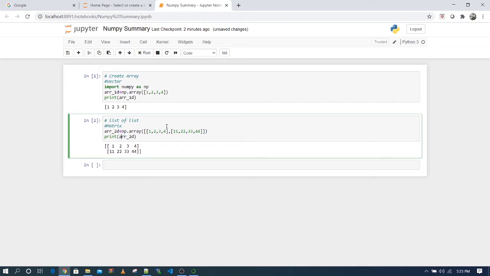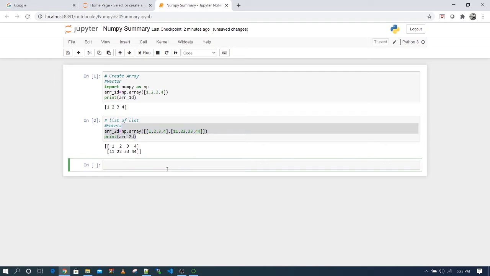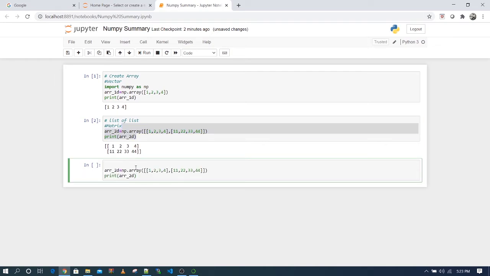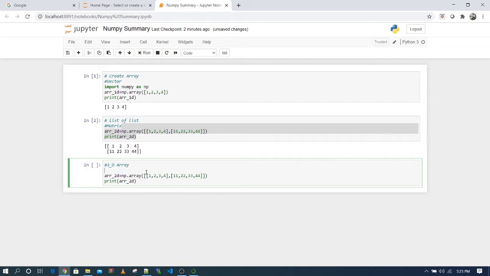Okay, so we can also create a 3D array as well. To create a 3D array, you need to pass a list of lists of lists. So let me write that as well, list of list of list. This we have already created in the 2D array. Now I have to create multiple lists of lists and then put them in a list.